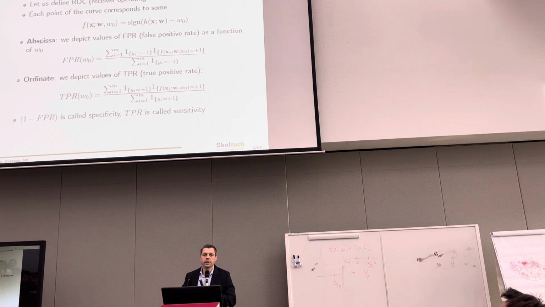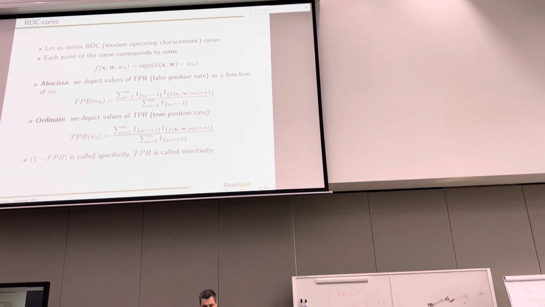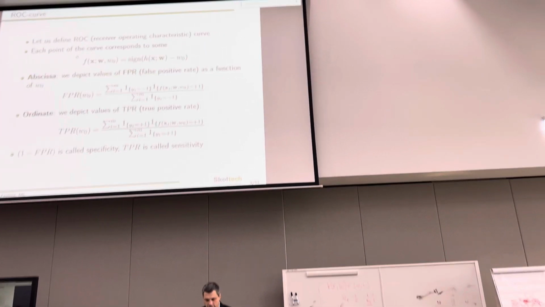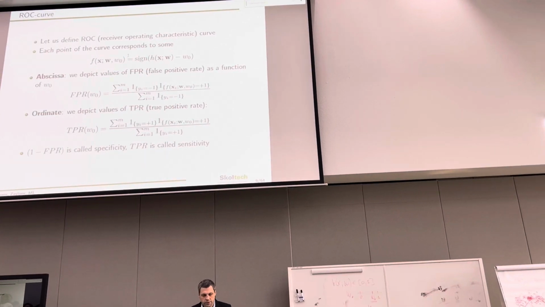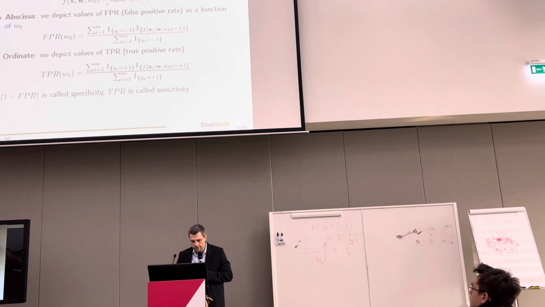Now let's discuss one of the main metrics used to assess classification accuracy, the so-called ROC curve, receiver operating characteristic curve. So the idea of this curve is quite simple. First of all,